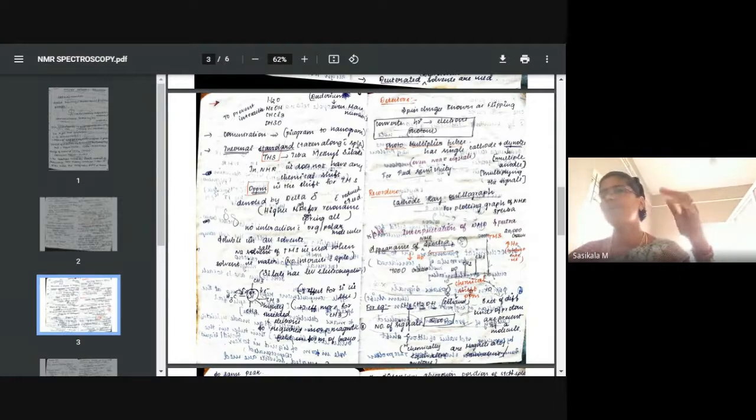all the protons present, all 12 protons present in the tetramethylsilane. Okay. So only because it requires high energy, it will not have any shift. So chemical shift value will be 0 parts per million when comparing with other sample protons. Okay. So this is about selection of internal standard.